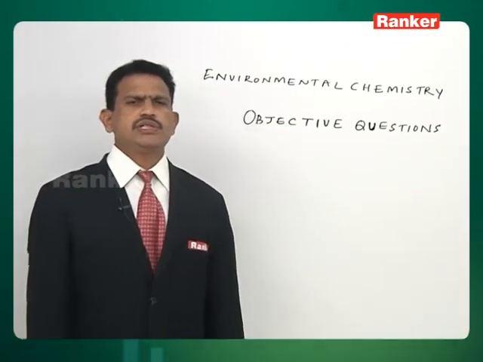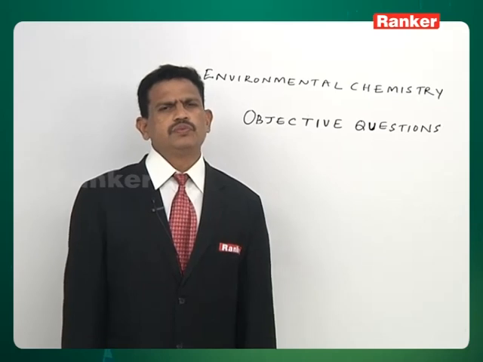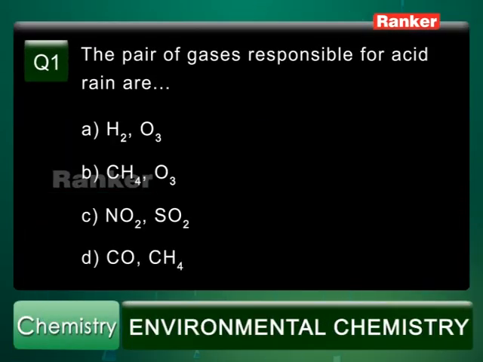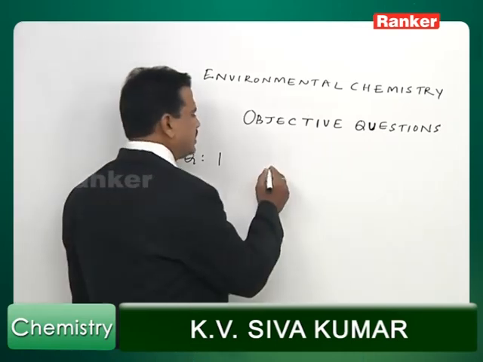Let us see some more questions in environmental chemistry pertaining to mains level. Question 1. The pair of gases responsible for acid rains are: hydrogen, ozone; methane, ozone; nitrogen dioxide and sulfur dioxide; carbon monoxide and methane. So, among the 4 answers, we can go for answer